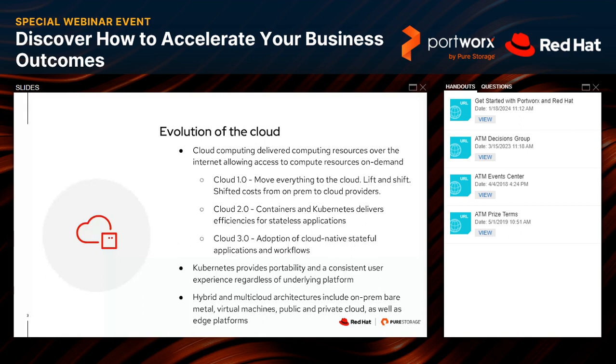That's the adoption of moving built for the cloud applications that have data associated with them, that are doing the things Michael talked about, that are allowing you to process credit card transactions in real time, or take a picture of a check on your phone and cash it in real time, that are letting you do things like rebook your flight from your phone. That requires data, and Cloud 3.0 is all about how do I get that data into the cloud using this container and Kubernetes apparatus, and take advantage of that to grow innovation within my business.